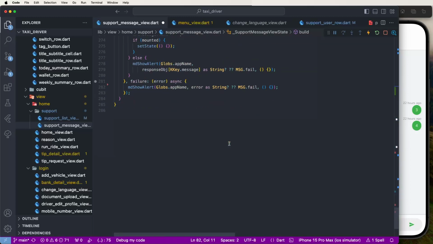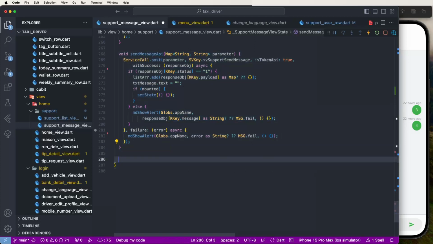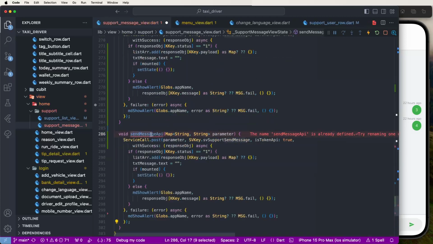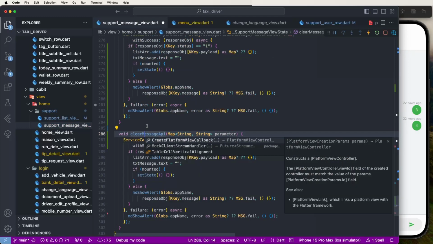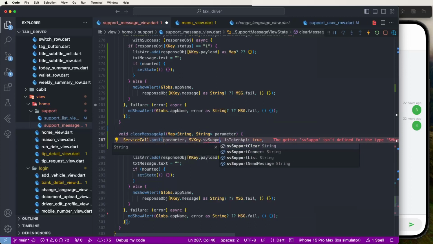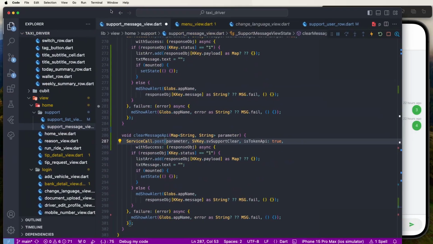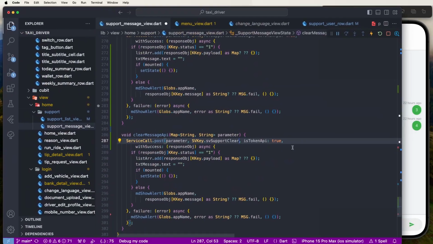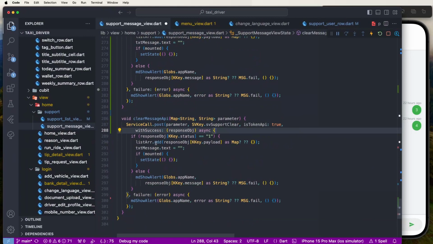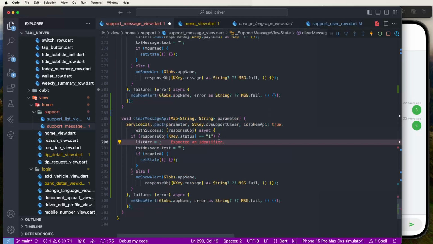But need to call another API, copy this message, and we need the clear message API, call this into SV support, clear, call this API with these parameters, need to pass this here, and we need to see the clear support message, need to clear here, and also need to write down here